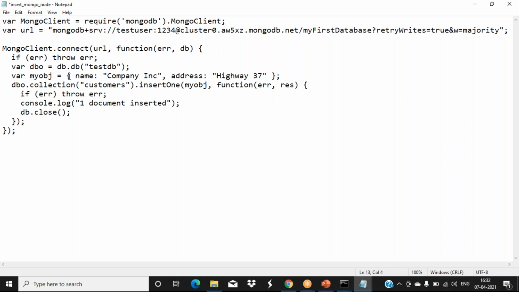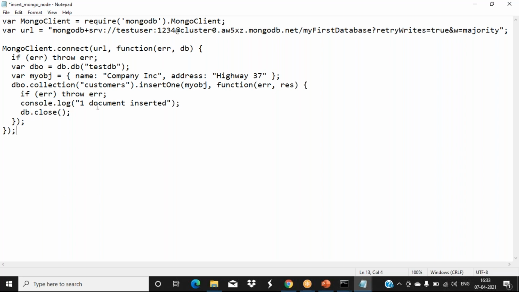Object creation syntax in JavaScript. This you should know. So name is one property with its value, address is another property with its value. We have given all those key-value pairs. That object name only we have passed for this insertOne. There is also an error message, because if there is any mistake, I want to throw the error.